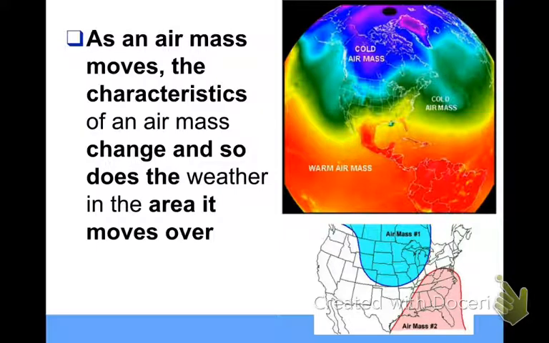But the main thing to make sure you take note of here is that as it moves, it changes where it goes as well, at least for the first part of its movement. So if it's a warm, moist air mass coming from the Gulf of Mexico and it moves up towards us, then we're going to have warmer, rainy weather because it's going to bring us warmth and it's going to bring us moisture. Or it could just be a really hot, humid day, depending on how that air mass moved.